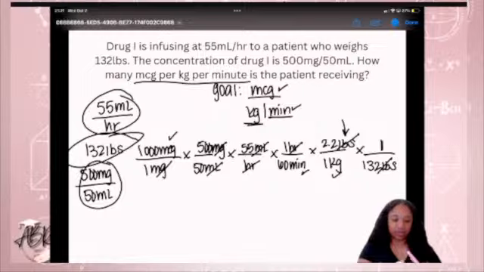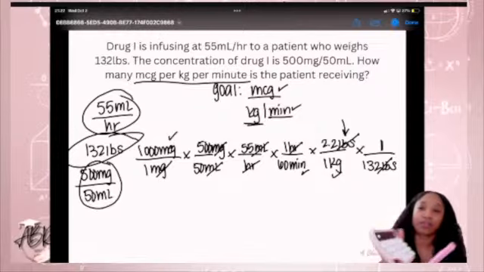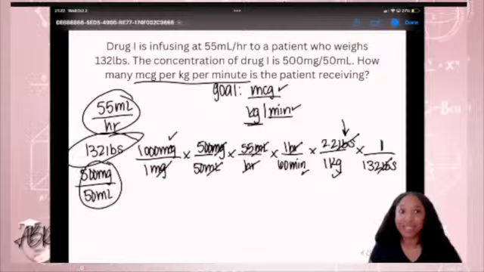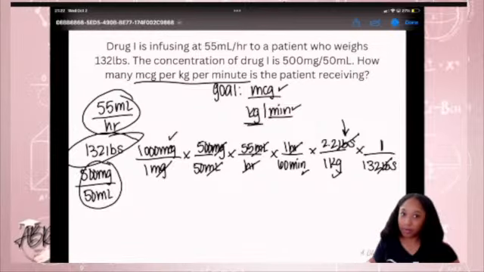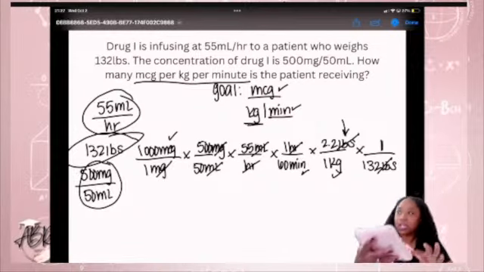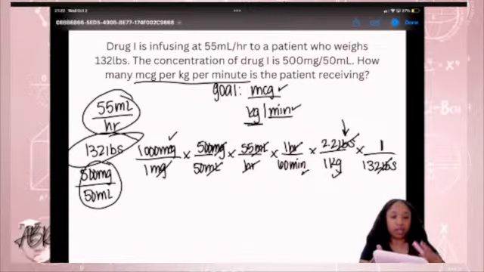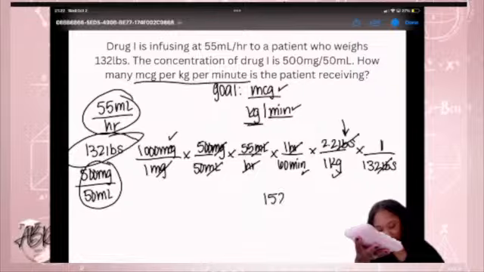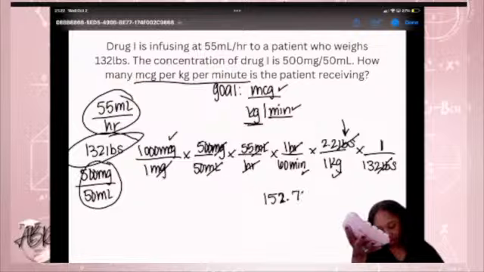I like to double check, triple check sometimes. 1,000 times 500 times 55 times 2.2. Big number, big number. You see how big that number is? What if you wrote this down and you didn't include all of those zeros, putting it back in the calculator? We know the difference that a zero makes with your answer. It'll either be really, really big or really, really small, depending on if you leave one out, right? So then we're going to divide 50, divide 60, divide 132. And that's when the calculator trick really comes into play and handy. So when you have these weight-based problems or these long numbers, okay? So I've got this